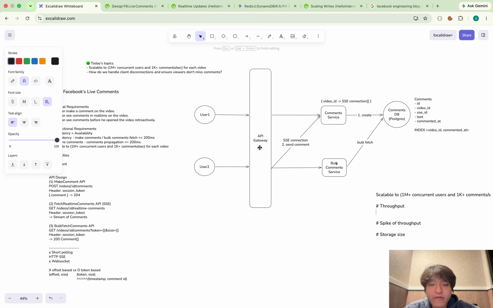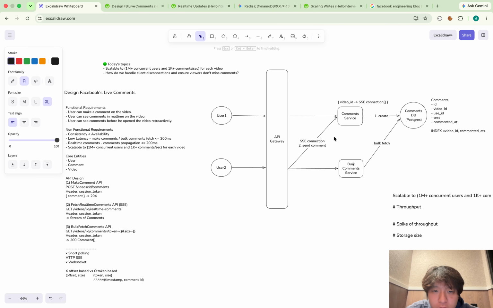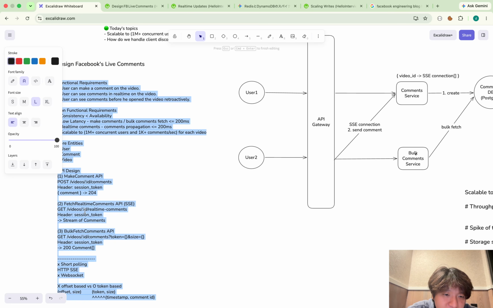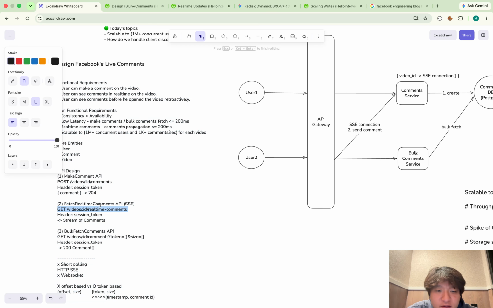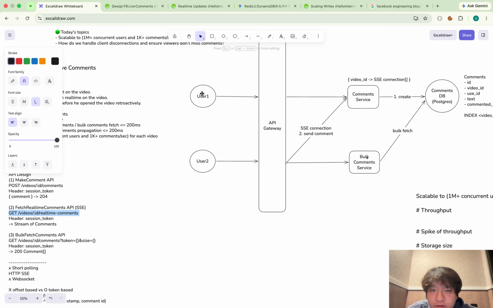Let me first quickly review the current system design here. When a user opens a new live video, that user makes a request to this fetch real-time comment API.